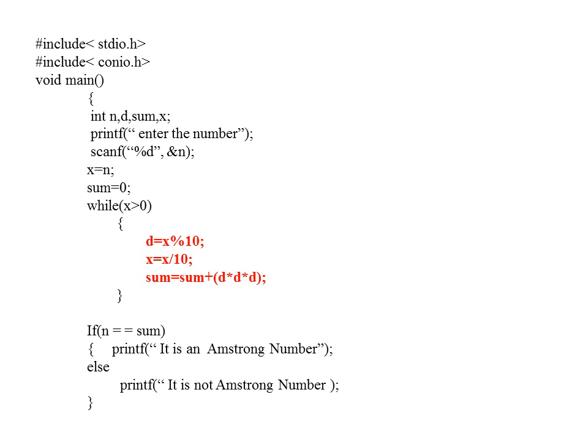Now the next line is nothing but x is equal to n. In future we have to cross-check the original number and the added number. So for the safer side I just copied this number n into another variable x. So the original number is now present in the variable n and the variable x also. Then the sum is initialized to 0.